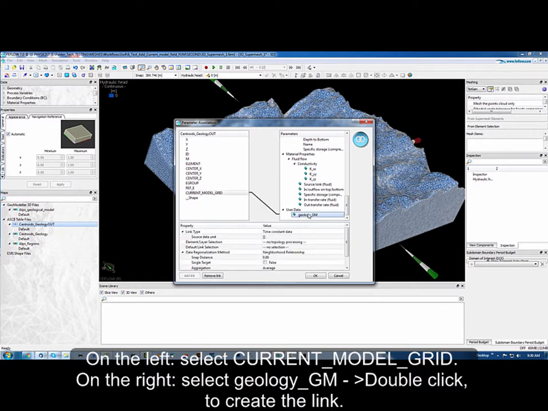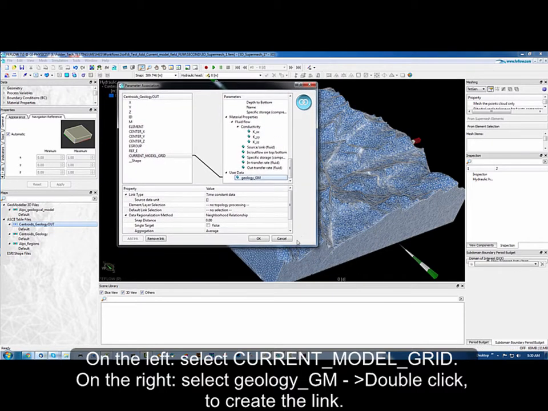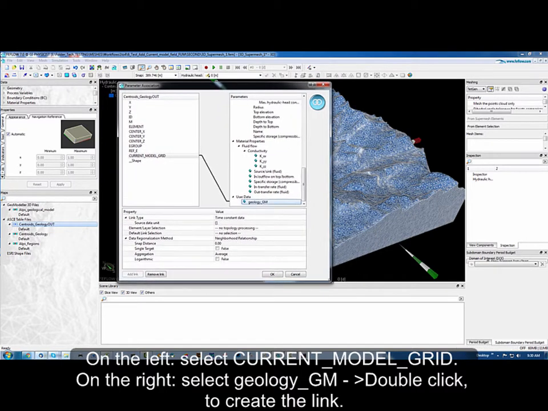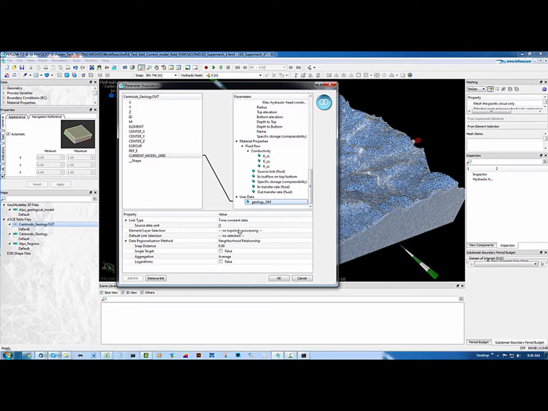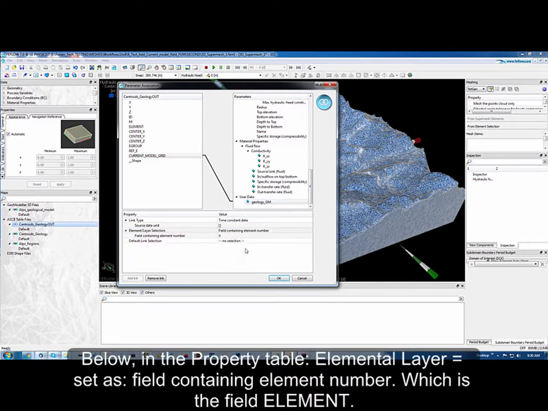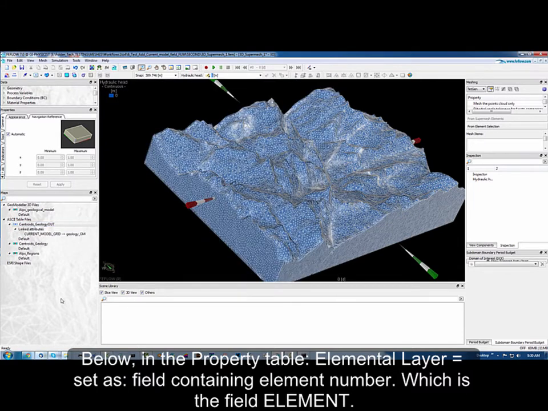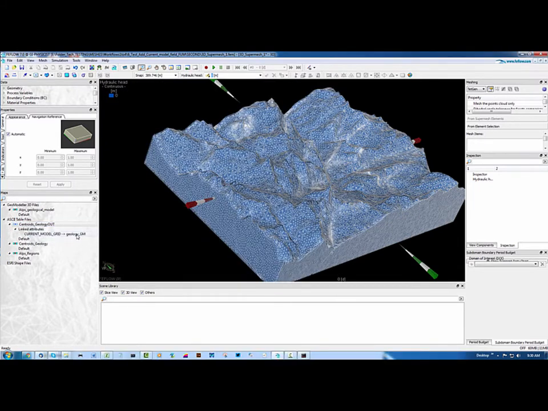Double clicking creates the link. And now in the properties table, the elemental layer is field containing element number, and then element. In the maps, we're going to double click